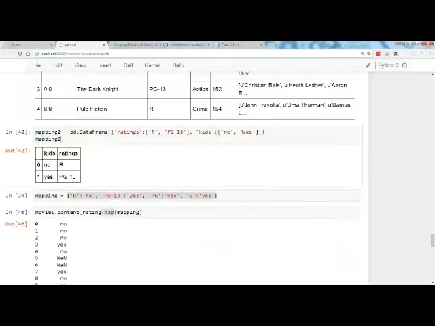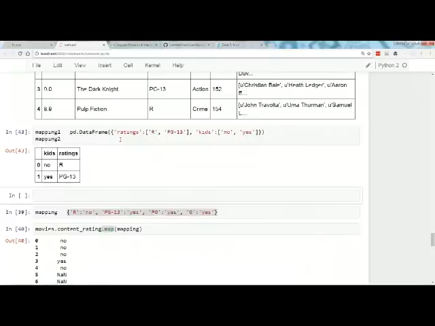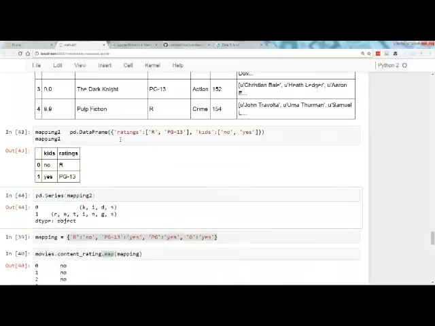How would I use that to do my mapping? Well, let's see. I could figure out how to cast mapping 2 to a series, see what happens. pd.Series mapping 2. Will that do anything? No, not exactly what I wanted.